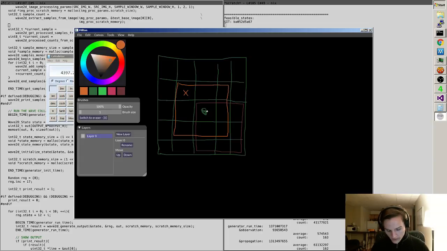So the size of the preprocessed version would be n, which is the number of samples, times the size of a sample in memory, and the time it takes to fill that would be